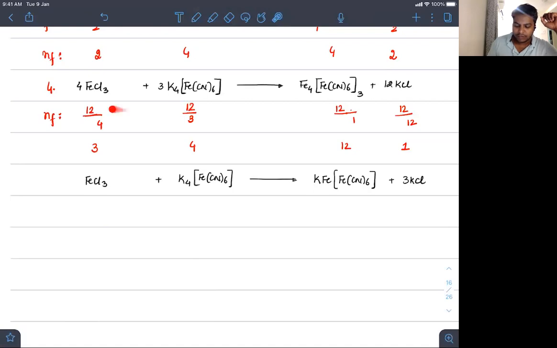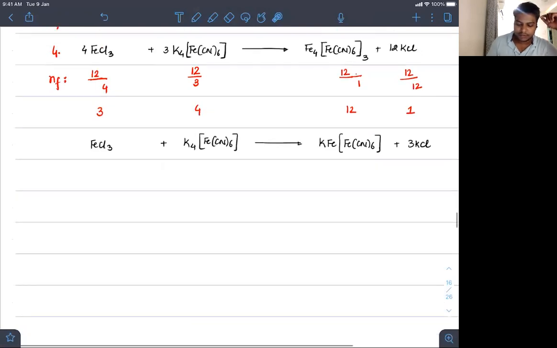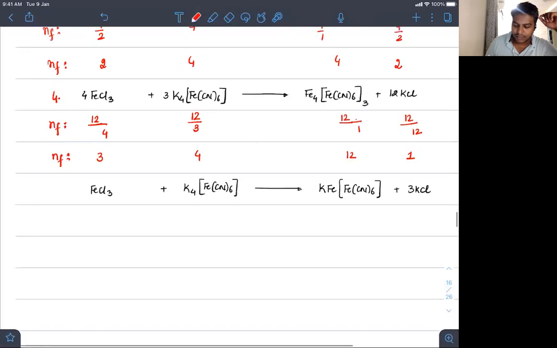सो यहाँ पे 12 के 12 पोटेशियम रिप्लेस हुए, तो वही फैक्टर को उन बाकी के कोफिशिएंट से डिवाइड कर दो। 12 by 4, यहाँ पे 12 by 1, यहाँ पे 12 by 12, then you will get this as 3 4 12 1. So these are the valency factors for this n factors for this compounds. Important is this one, that the valency n factor for Fe4 FeCN6 thrice is 12. The valency factor or the n factor is 12.